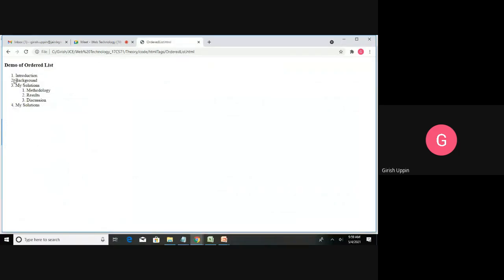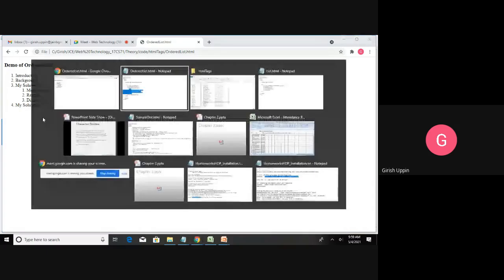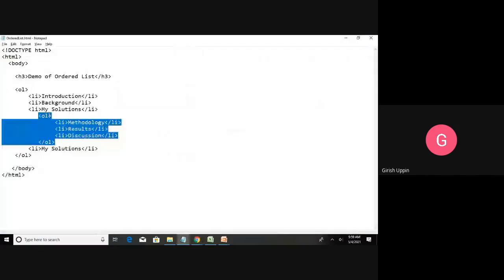You can see here 1, 2, 3. Then inside 3 I have methodology, 1, 2, 3, and my solution. If you see, this is a little bit different from what is in the code. In the code there is one more LI here, and inside that LI we have the OL.